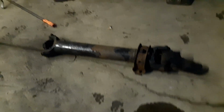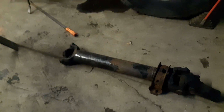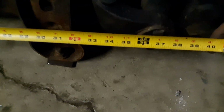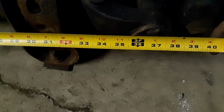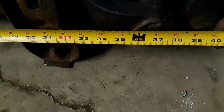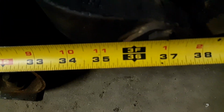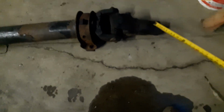Got looking around the wrecking yard. We needed a drive shaft. Found this little baby. We're going to stick it in the middle of the original 2. And luckily enough, we'll get right on there. And we'll pull that down here. As you can see, I'm hooked on the front of the other bolt, so we're measuring to the front of this bolt, and we're 3 foot 3/8 of an inch. So the extra 3/8 of an inch will just make it up in here. We're going to land